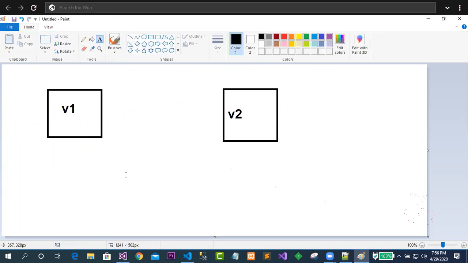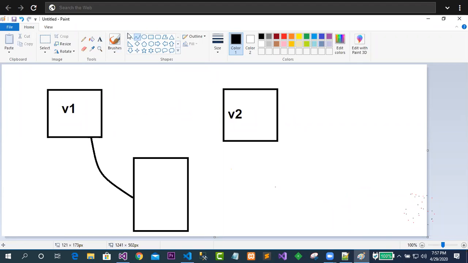Now we will have an object. This object is now going to implement, which one is it going to implement? It is going to implement this interface, the first interface, sorry, and it is also going to implement this one. So this is called multiple inheritance. Now v1 and v2 both will be available to this class, is it not? But how will the code be written?